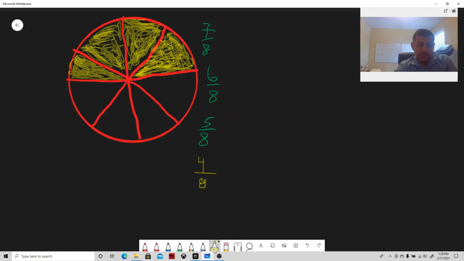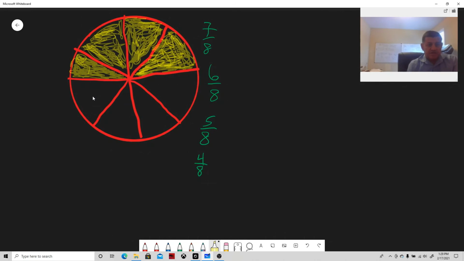And let me just change the color because I did not realize that I was using that color. Okay, so we've got 4/8. Now if I change the color and eat this piece right here,